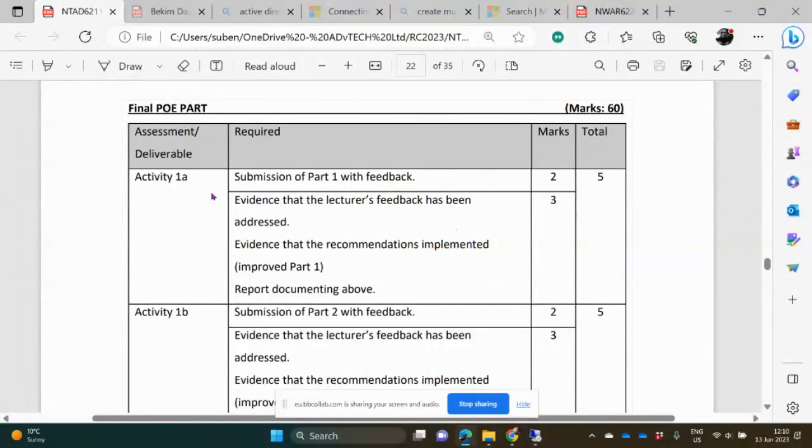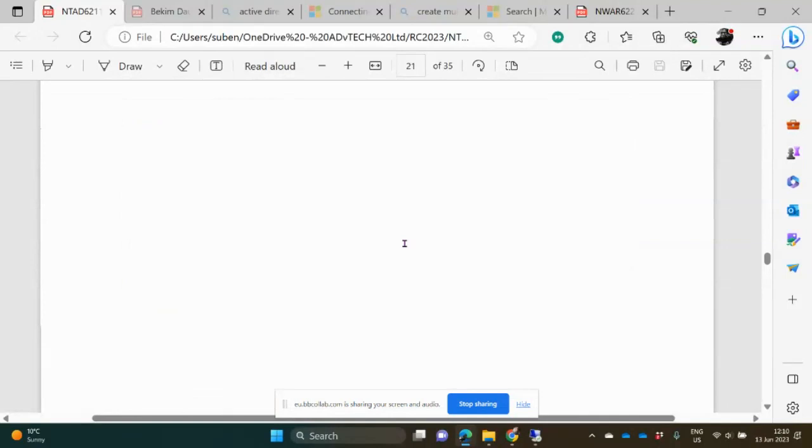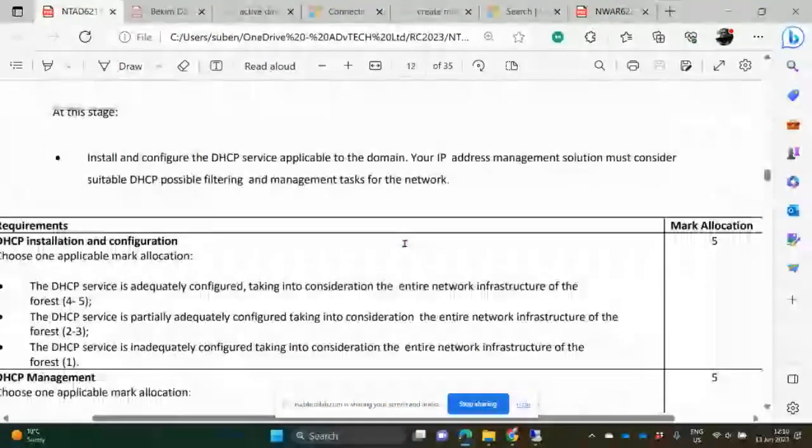For activity 1A, you need to submit. Now, all of these are separate documents. So one document has got submission of part 1 with the feedback, and the next document has got evidence that the feedback has been addressed and reporting on the above. In other words, you'll go back to part 1. So if I scroll and look at what activities were completed in part 1,